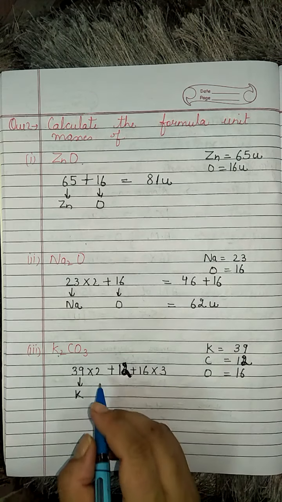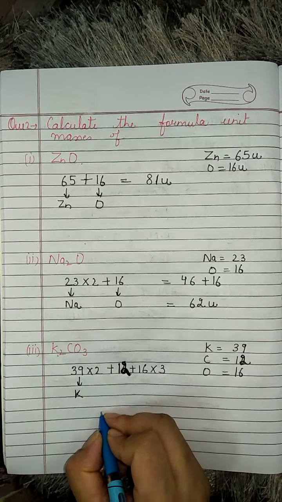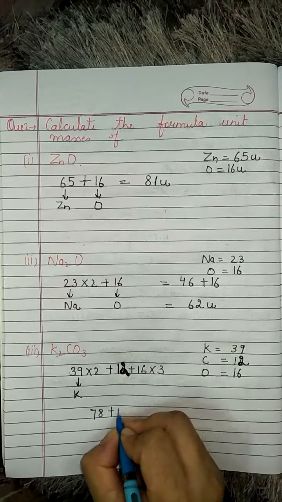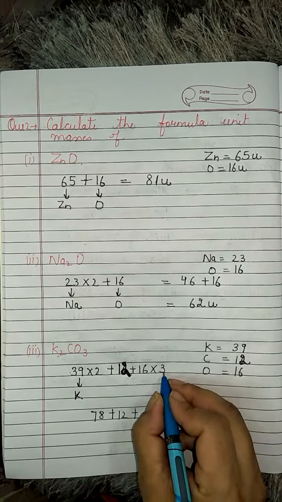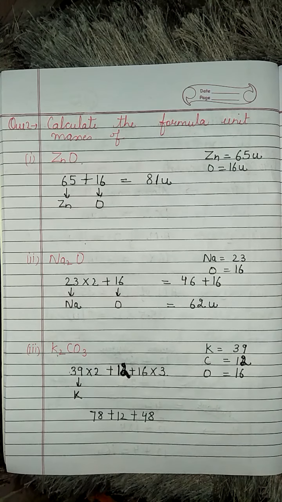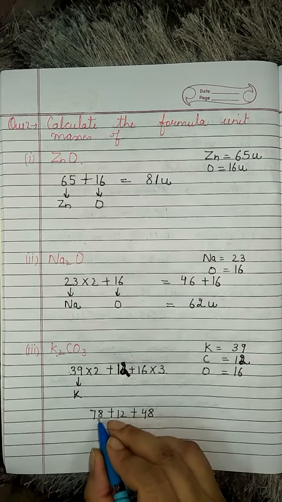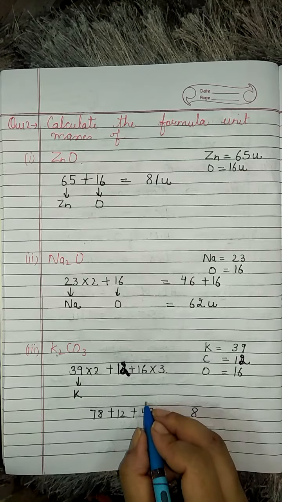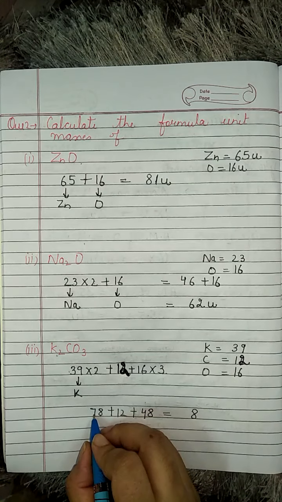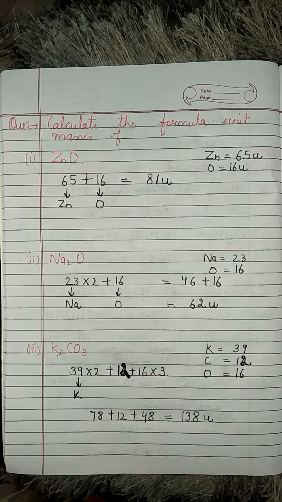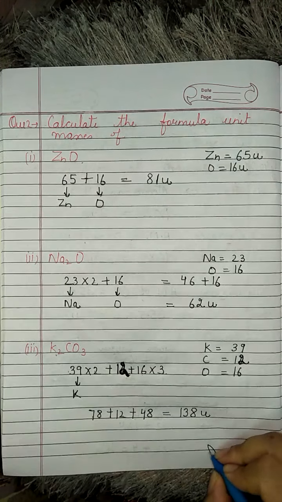And when you solve, let us see, 9 2s are 18. 3 2s are 6 plus 1 is 7. Okay, plus 12. 16 threes are, 6 threes are 18, 4, 48. And when you solve, 8 8 are 16, 16 plus 2 is 18. Fine. 4 plus 1 is 5. 6 6 6, 12 plus 1, 138. I hope by solving all these examples, the idea has been clarified for you.